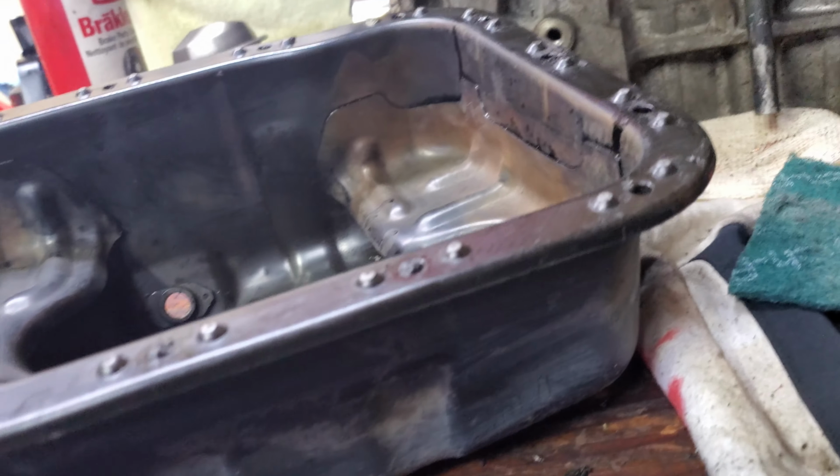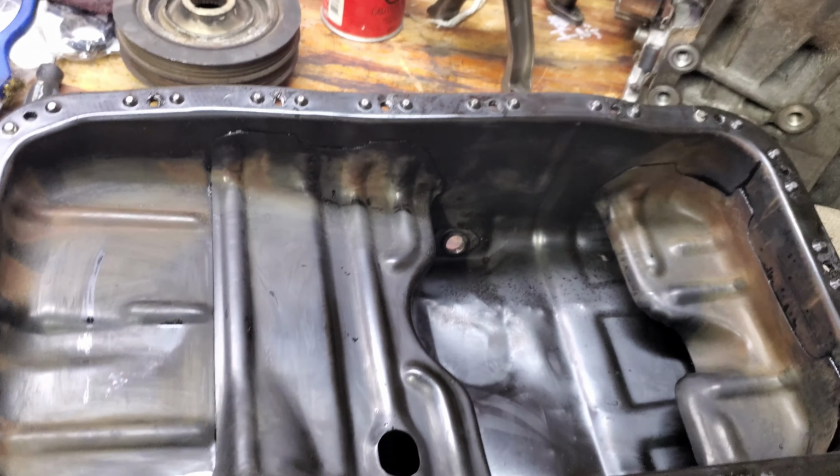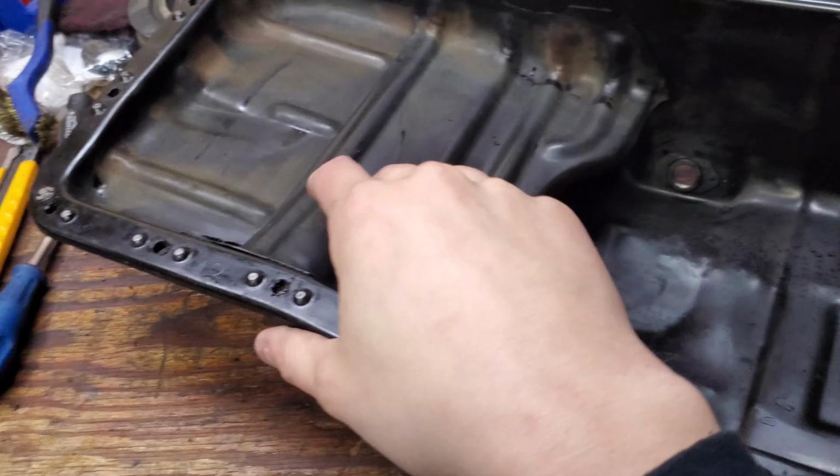So all of that out, nice rinse down, then blow her out. That's not too bad. I thought we were doomed. It's actually pretty damn clean. So once we get that done,